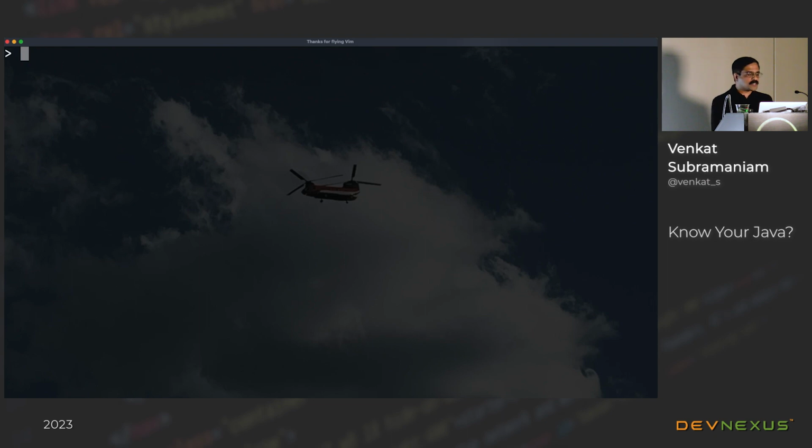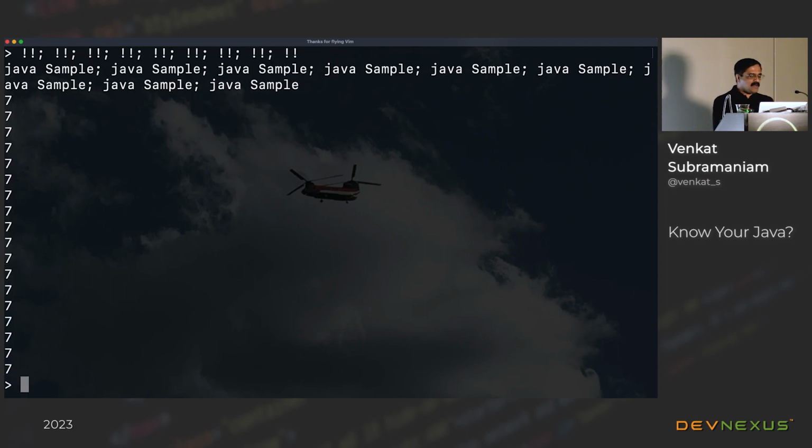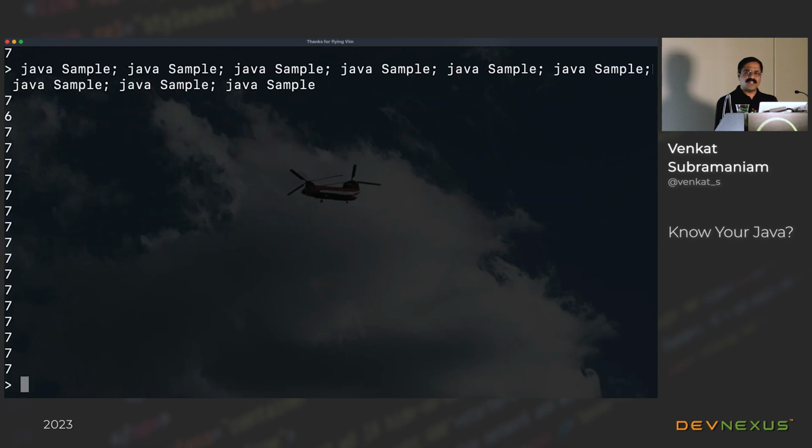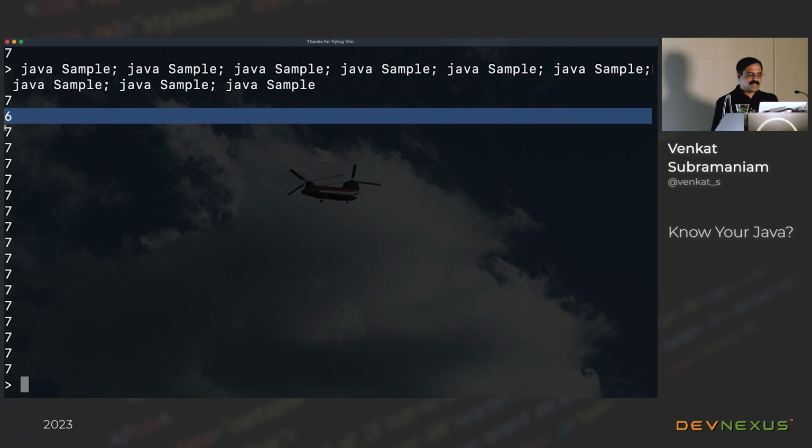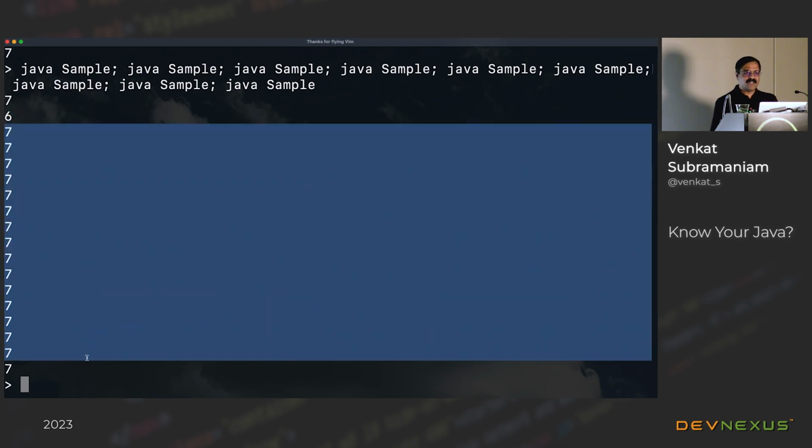So if I go back to this code and run Java sample, you can say, hey, it produced the result, isn't it? But I'm going to run this a few times here and see what happens. It's full of surprises, isn't it? That's why I keep exclamations on it. So yeah, it seems to be not producing any values. Did you notice that? So this is called being lucky. This is called not being so lucky. I have seen values like 6, values like 5. Maybe that's a good random number generator. But that's not going to be fun at all.